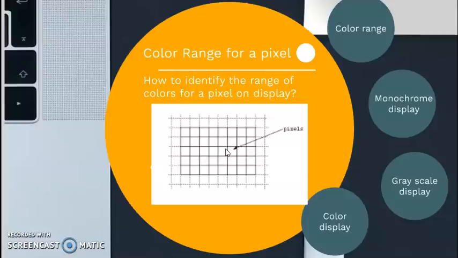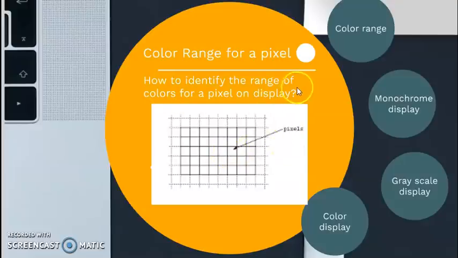So why is BPP used? That is bits per pixel, for the color range of a pixel. As we discussed in our previous lecture, what is the color of a pixel? The color of a pixel is nothing but the value of a pixel. It is a numerical value that we are going to put. It is an integer value that is being assigned to every pixel.